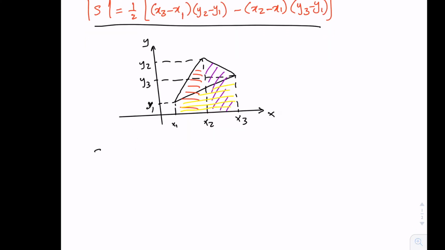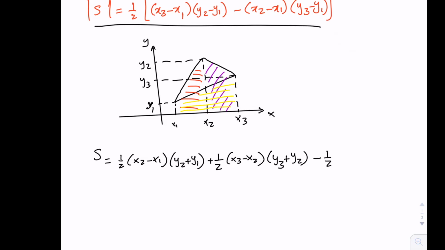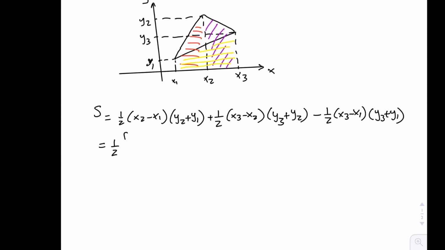The area of the triangle S will be the area of the red trapezoid, which is 1/2 (x2 minus x1) times (y2 plus y1), plus the area of the purple trapezoid, which is (x3 minus x2) times (y3 plus y2), minus the area of the yellow trapezoid, which is (x3 minus x1) times (y3 plus y1). Now we can simplify this by factoring out 1/2 and then doing the multiplications. So we get